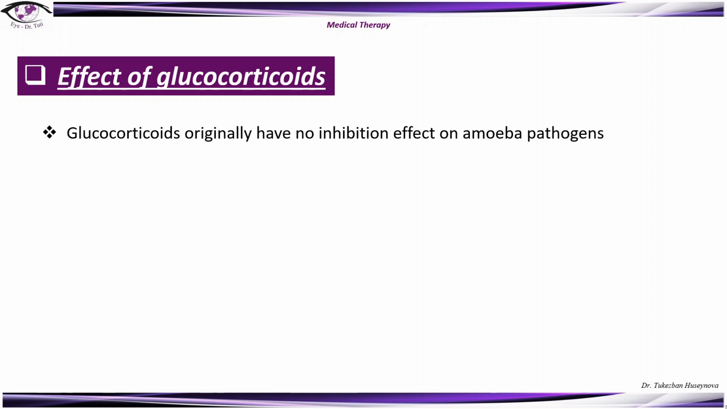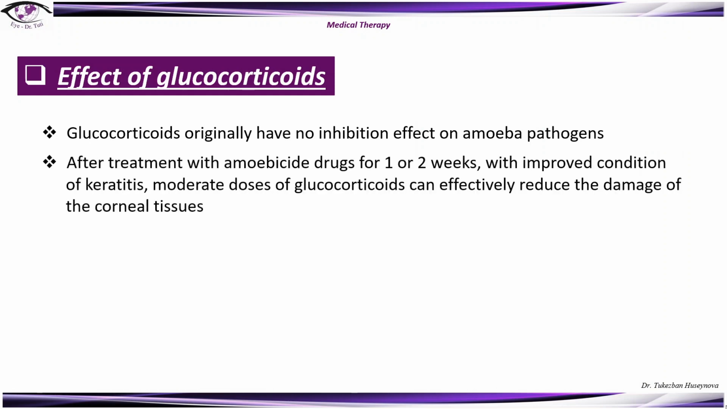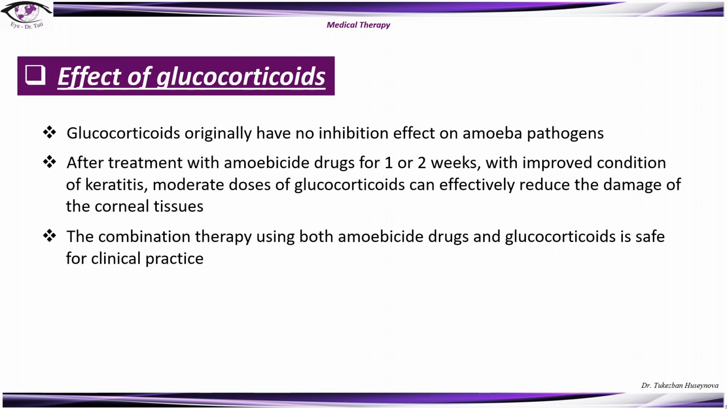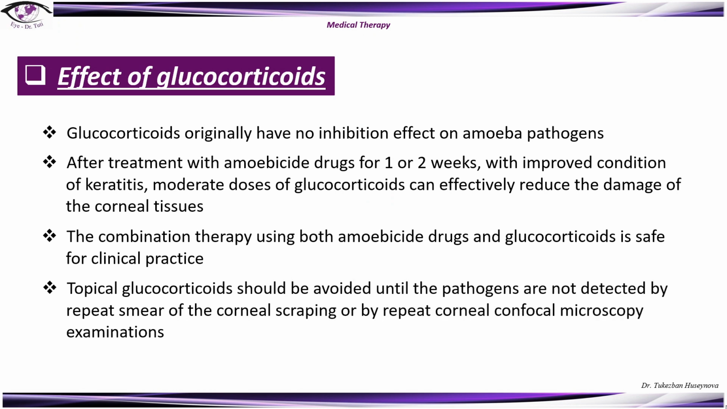Glucocorticoids originally have no inhibition effect on amoeba pathogens. After treatment with amoebicidal drugs for 1 or 2 weeks, with improved condition of keratitis, moderate doses of glucocorticoids can effectively reduce the damage of the corneal tissue. The combination therapy using both amoebicidal drugs and glucocorticoids is safe for clinical practice, and topical corticosteroid drops should be avoided until the pathogens are not detected by repeated smear of the corneal scraping or by repeat corneal confocal microscopy